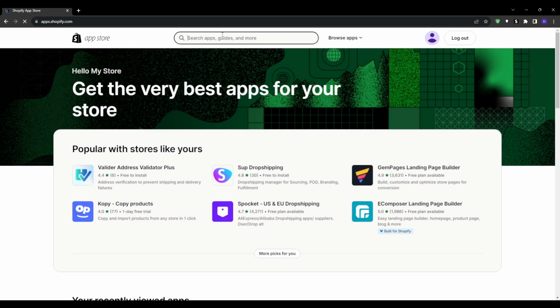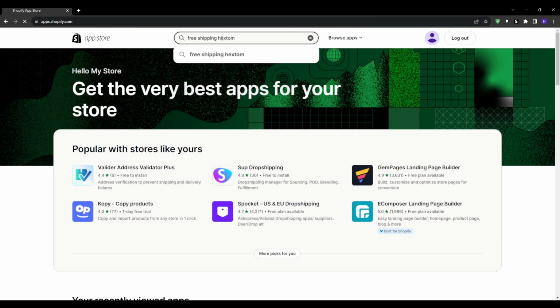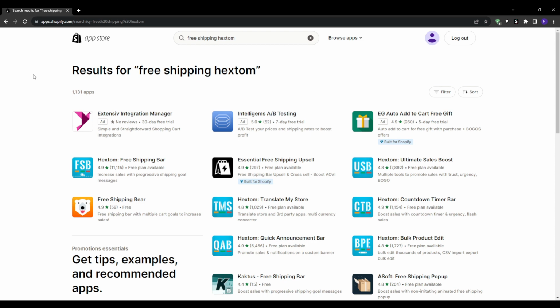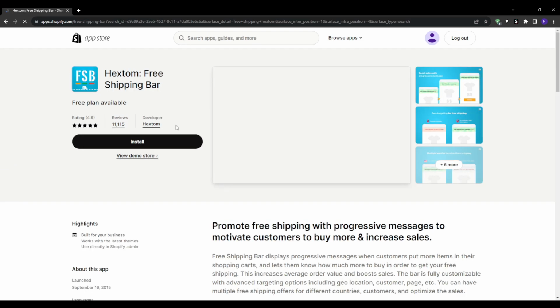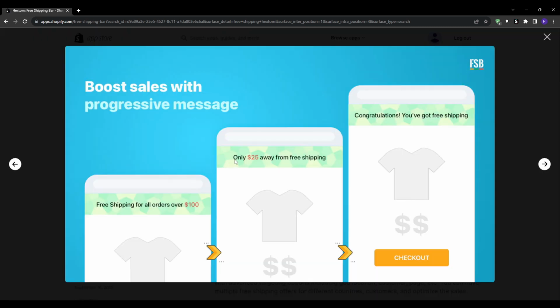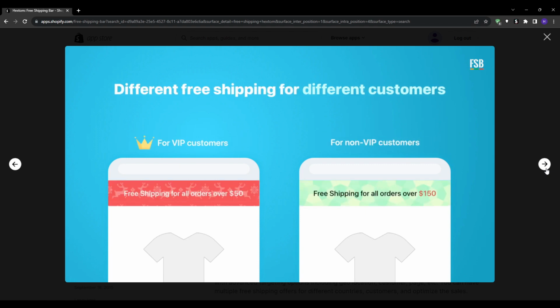Next up, we have the highly rated free shipping bar app created by Hextom. This app does exactly what the name implies. It adds a customizable bar across the top of your online store that motivates customers to spend more to unlock free shipping. For example, you could have the bar message say spend $40 more for free shipping, and as customers add items to their cart, the amount shown dynamically adjusts downward, actively encouraging shoppers to reach your set free